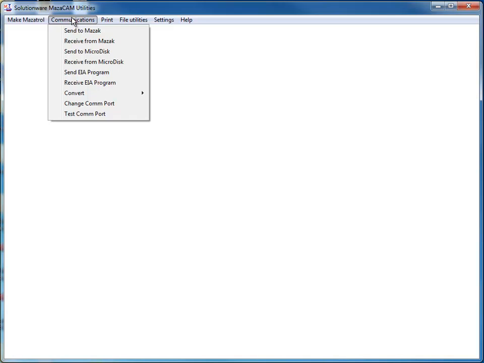Communications. What this means is that we can take a Mazatrol program and we can send it or receive it from any Mazak machine in Mazatrol language. We can also do the same thing with a microdisk,